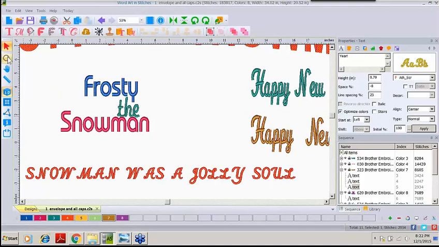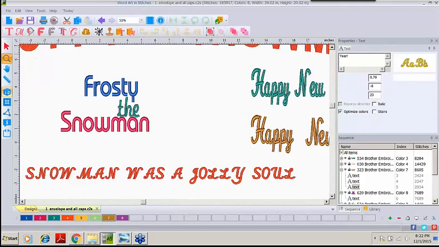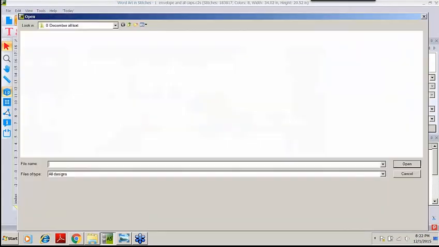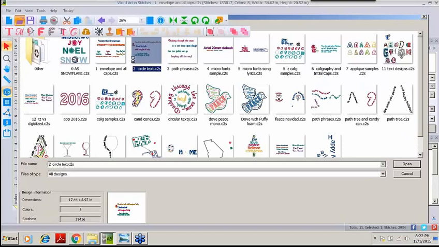The other thing that I want to encourage you to, in this case, not do: if you take a look at this statement down at the bottom, this is a text phrase that is typed in all caps using a script font. And it was something that I would encourage you strongly not to do. It is very difficult to read, and I would encourage you not to do it either in embroidery or typing. Very difficult. At this point, we'll go ahead and open up one more play screen before we stop for questions,